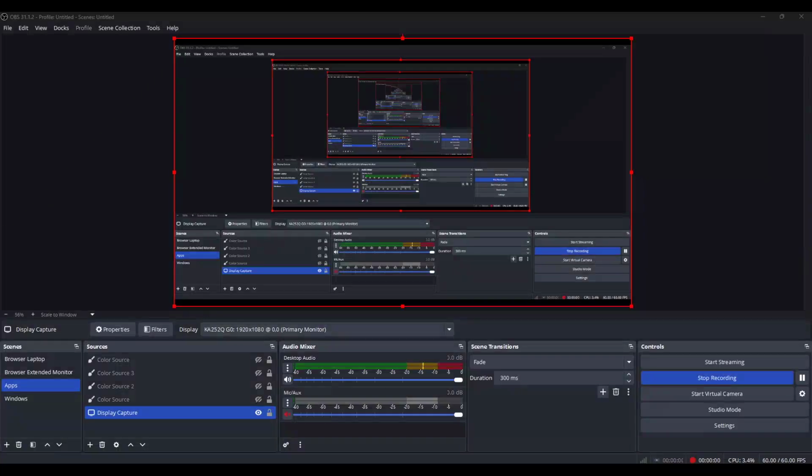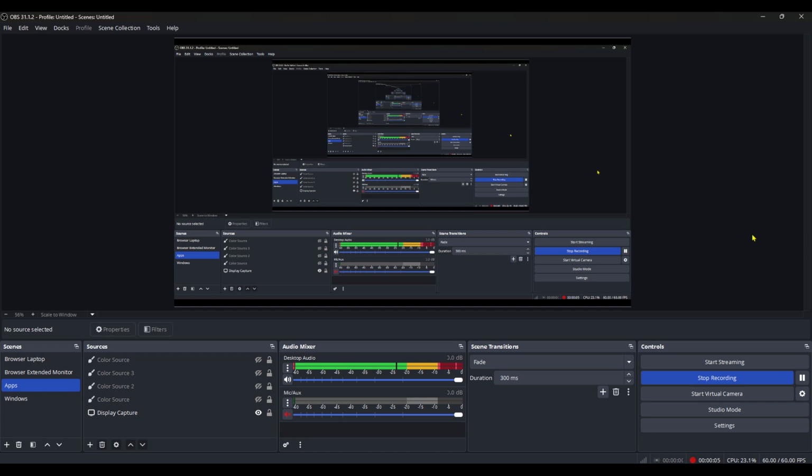In today's video, I'm going to teach you how to apply filters to OBS Studio, and we'll aim to accomplish this in just about 5 minutes. OBS Studio is a powerful tool for video recording and live streaming, and adding filters can greatly enhance the quality of your content. Whether you're looking to improve your image quality or add creative effects, filters are a versatile way to achieve your goals. Let's dive right in.